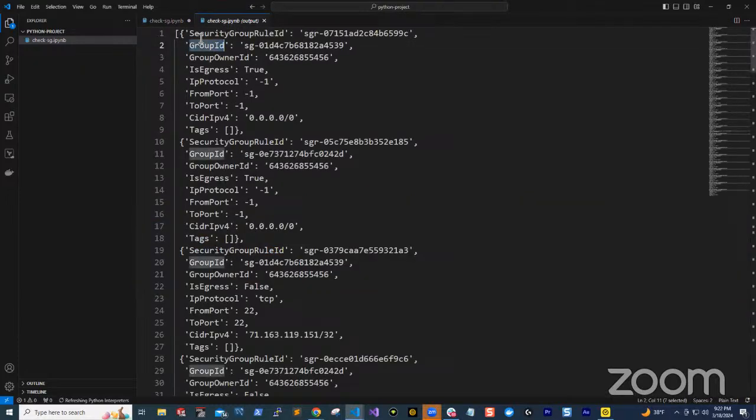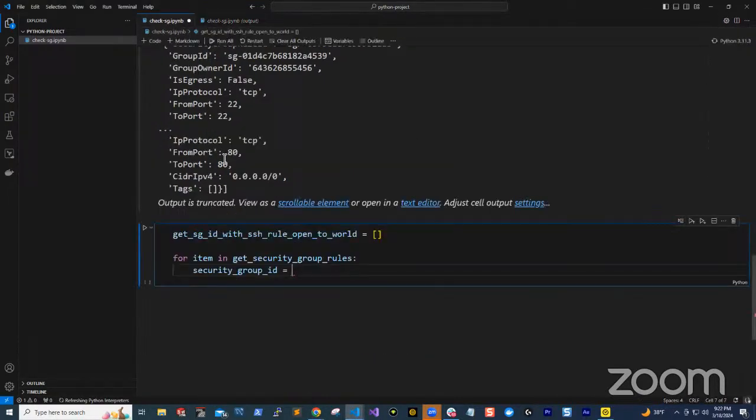So we are saying for every item in this list, we want to get the value of group ID. So here it would be security group ID. Remember, this is a variable you create. You can call it anything you want. We are saying security group ID equals item